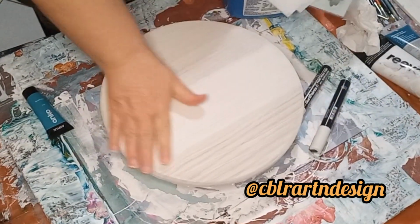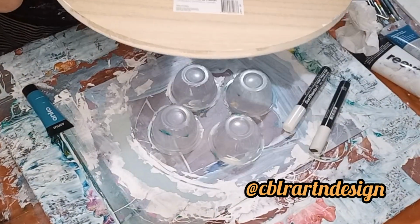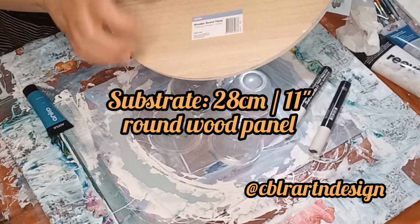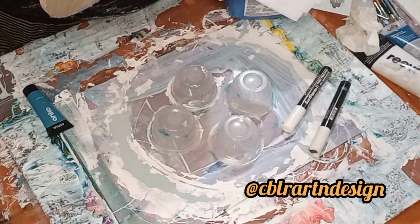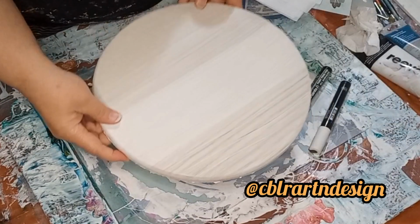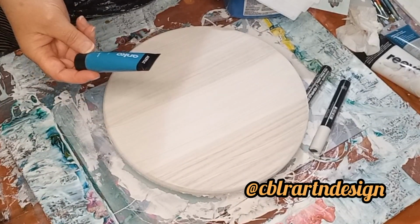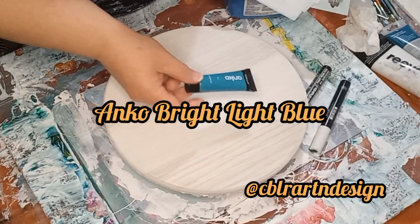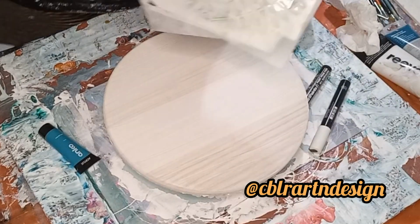So I'm going to paint the background first. I've just added some gesso to this because it's a wooden round panel, and it's the type that buckles when you have a lot of paint on it. So I put some gesso on it first in order to stabilise it a little bit. Then I'm going to paint it with the Anko Bright Light Blue, which is sort of like a turquoisey blue for the background. And then I'm going to stencil some leaves